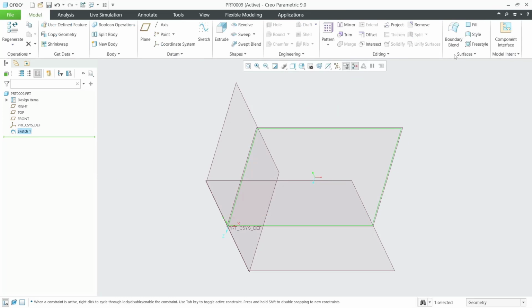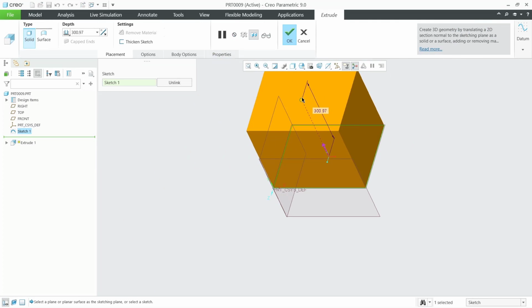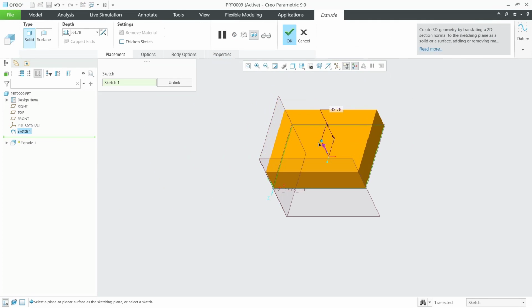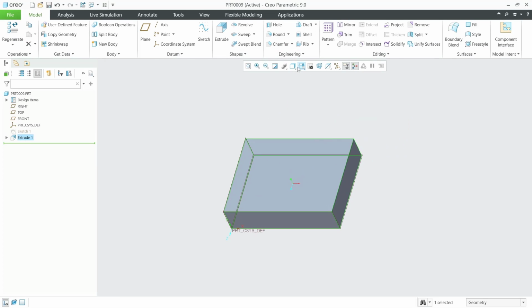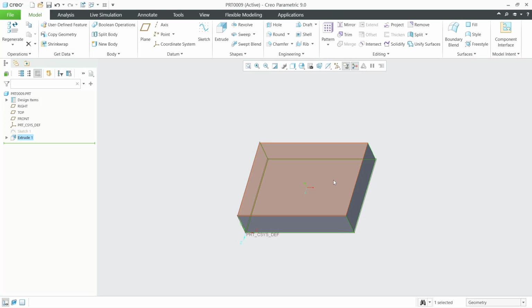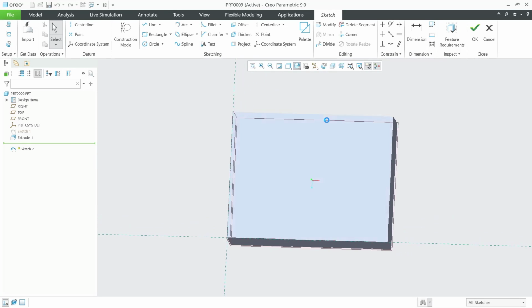Click OK and use the extrude tool to convert it into 3D. So I will set the extrusion like this. Click OK. Next, you can select this face and we create a sketch again, change into top view, and